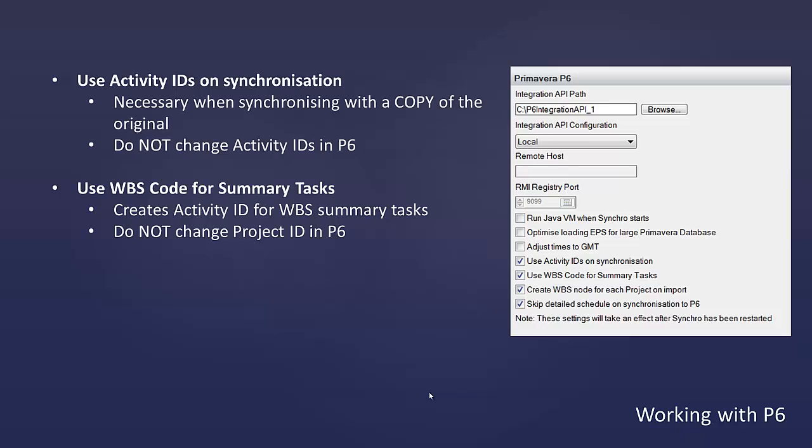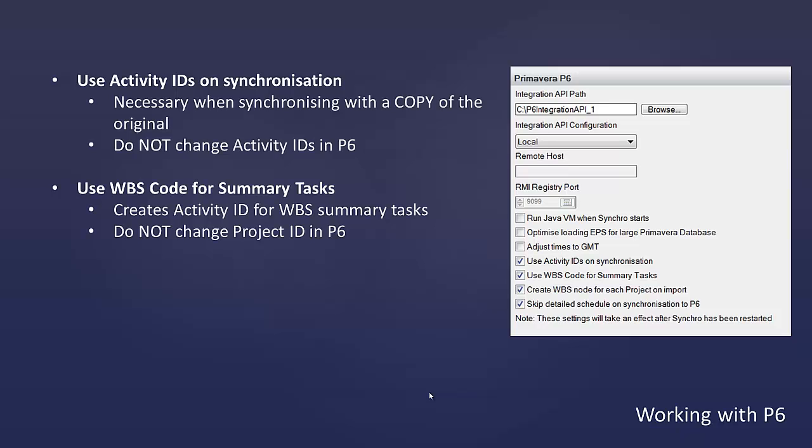When you are using this option, you do need to make sure that you do not change your project ID in P6, because that project ID is appended as the first part of that WBS code. So what we recommend is just to keep some kind of workflow where the project ID does not change in P6. So maybe the project ID number - current. You're always working on the current one, and any archives you save would be project ID - the date or something like that. If you do end up having to change that project ID, you can go into P6, into your